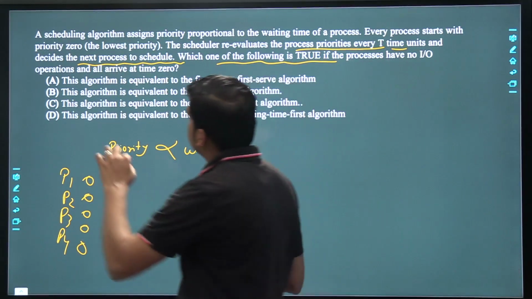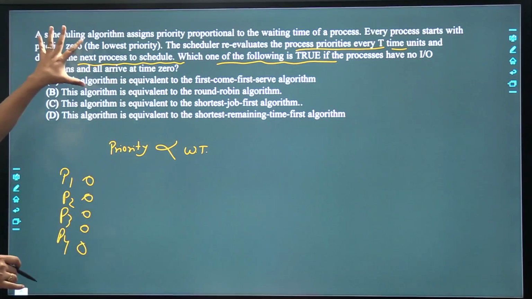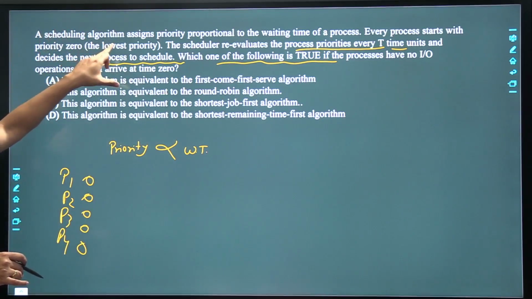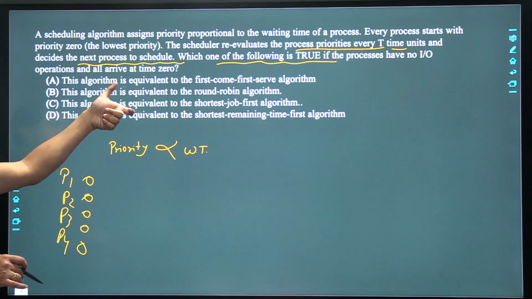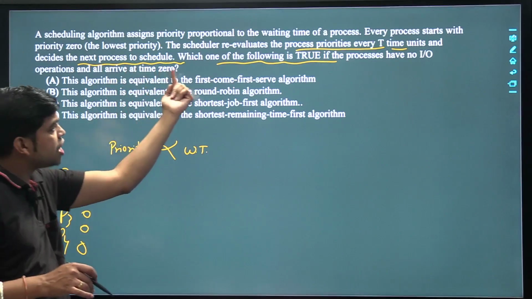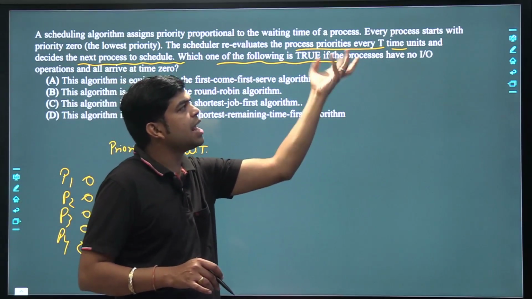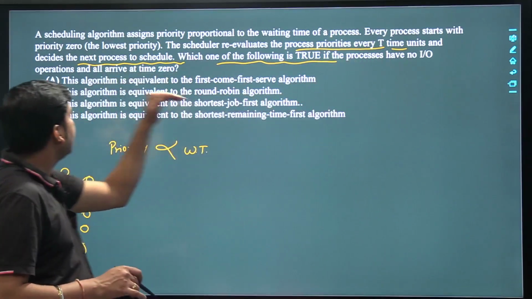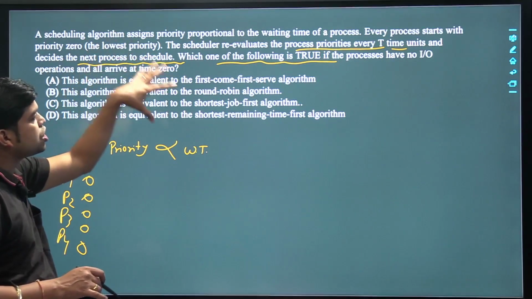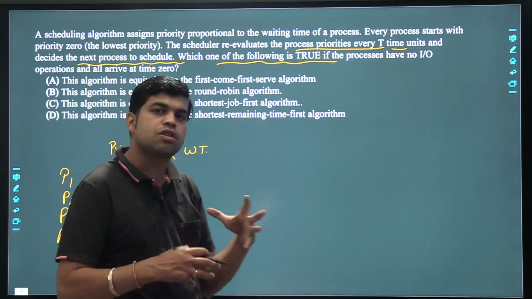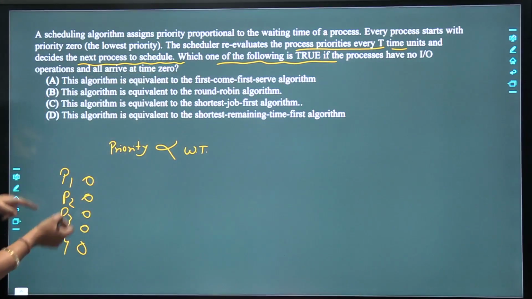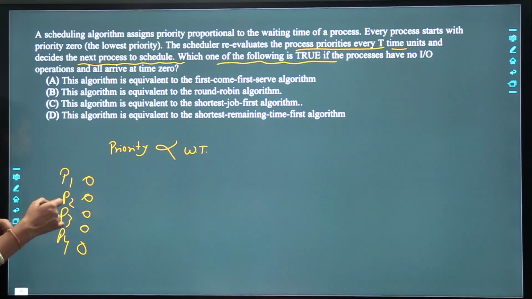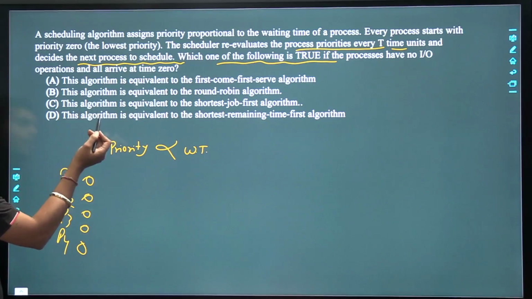So here just understand, there is not any mention that in this case it says that we assign priority proportional to the waiting time and every process starts with priority 0. Now the scheduler re-evaluates the process priority every t time units and decides the next process to schedule. So definitely it uses some preemption logic, and we can say that initially all processes are 0. So we allocate any process to the CPU. Got it? We just allocate the process to the CPU,